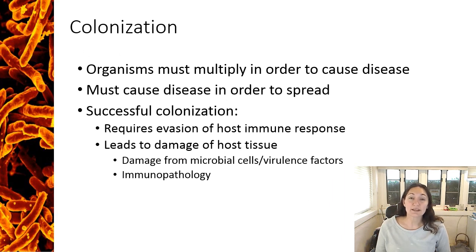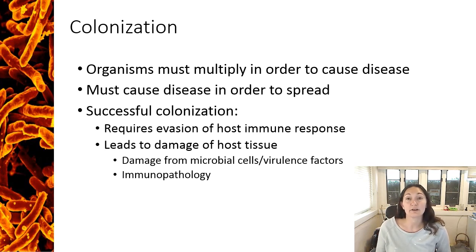Just adhering to the cells or the tissue is not enough to actually cause disease. So once a pathogen gets into the body and sticks, it then needs to grow and divide and make more organisms. So if this is a viral pathogen, it has to get into the cells and use them to produce more viruses through viral replication. If it's a bacterial pathogen, it goes through binary fission. If it's, say, a fungi, it's going to be dividing with spores inside the body. And so we have to make more of the organisms in order to actually damage tissue,